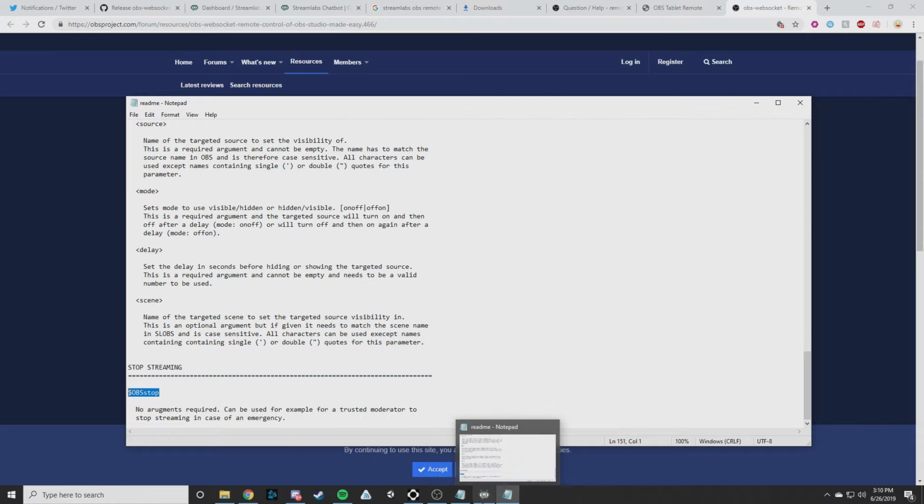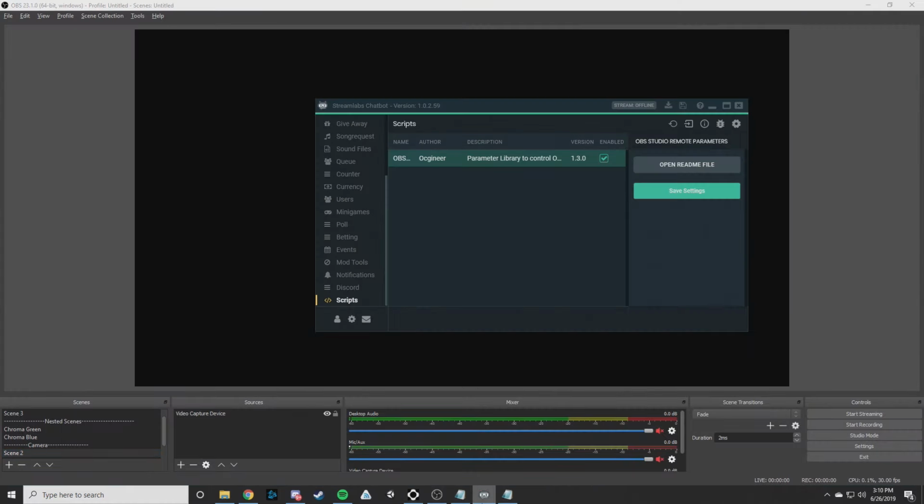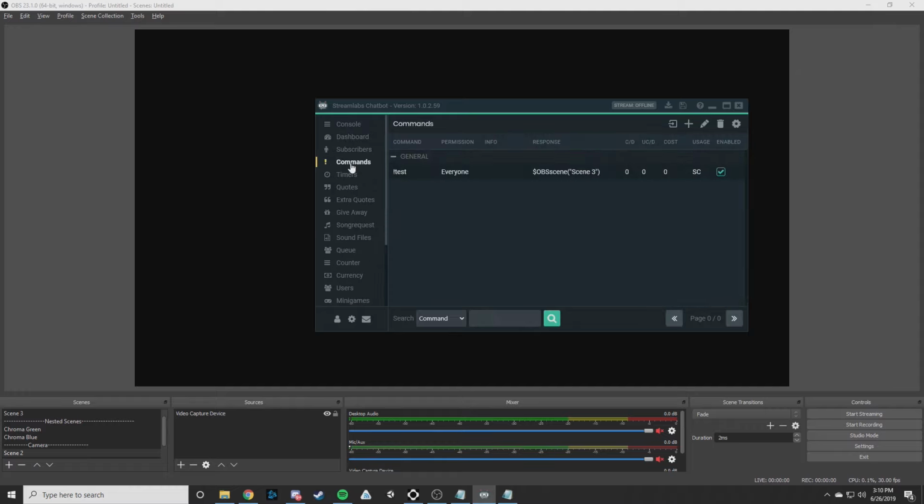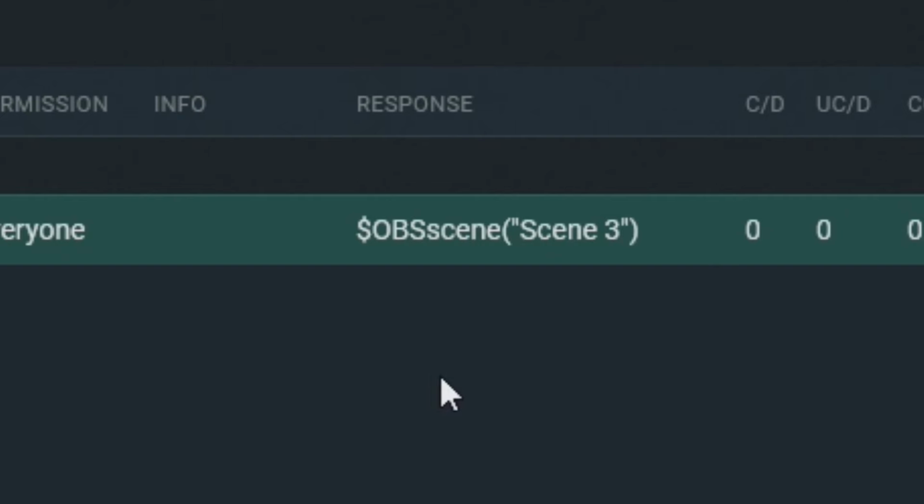So yeah, once we get all that, we're going to go back into OBS and the chatbot. I've already made a command just to show you guys. Right here, obviously you can change the permissions. The majority of my streams are subscriber permission. You can do that for moderators, or for broadcaster only, but whatever. In here, I have $, all capital, OBS, all lowercase, scene